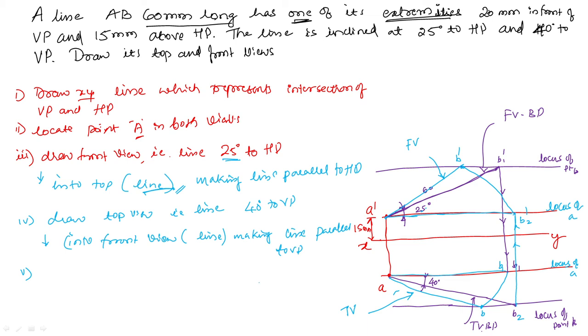Then based on the locus of point B in front view as well as in top view, we just converted it by tracing, touching the locus of point B in top view, as well as locus of point A, and locus of point B in front view also. When you join the intersection points to point A, you are going to get the true front view as well as the true top view. So just note this diagram.